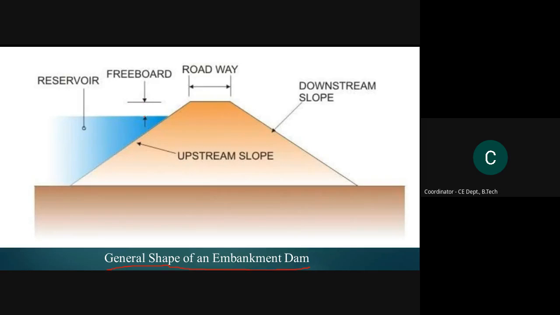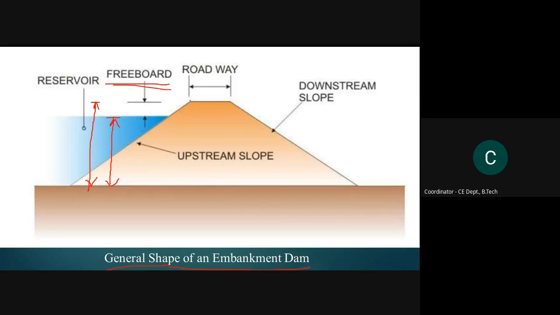This is called freeboard. So what is freeboard? It means the height or distance difference between the maximum water storage level of this dam and the normal water storage. Suppose this is the normal water level, usually the water lies at this height. This is the normal water storage level and this is the maximum water storage level that this dam can hold. So the difference between these heights is called freeboard.